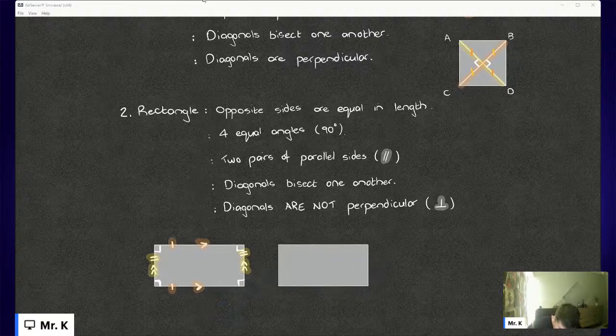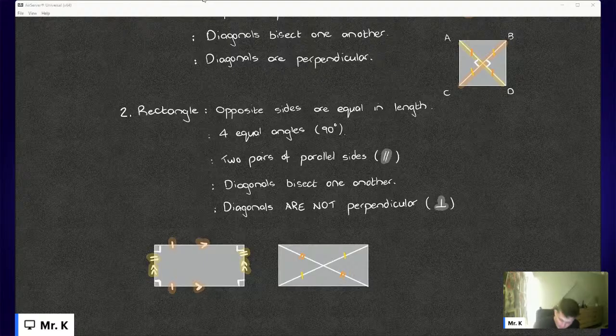As for the diagonals, if we connect opposite corners of my quadrilateral, of my shape, we see that these lines do in fact cut into one another. But again, the word bisect doesn't just mean cut or slice. It means that it does so into perfect halves. So the two sides of this diagonal are equal in length, and the two sides of the second diagonal are